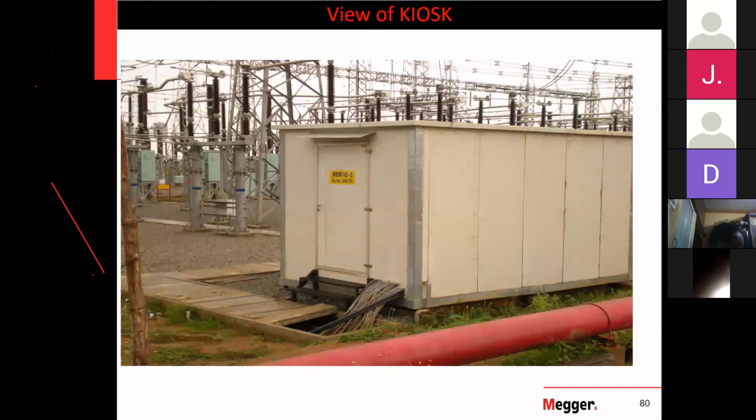What is a kiosk? So we have been seeing what is a kiosk. This is a kiosk. So what is a kiosk? A kiosk is a room in the switchyard. And what is inside this kiosk? We have the relay panel. So earlier we saw what is a relay panel. Now what we did was the relay panel is kept inside this kiosk. And the cables are entering here. You can see here. So now let's move on.